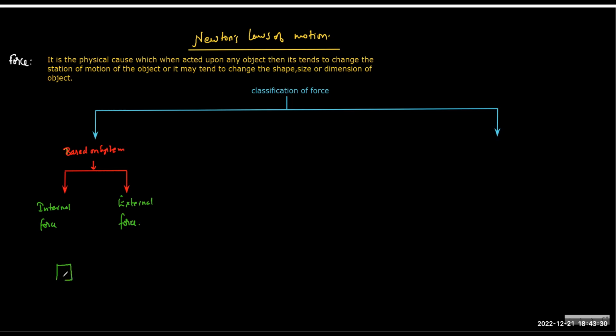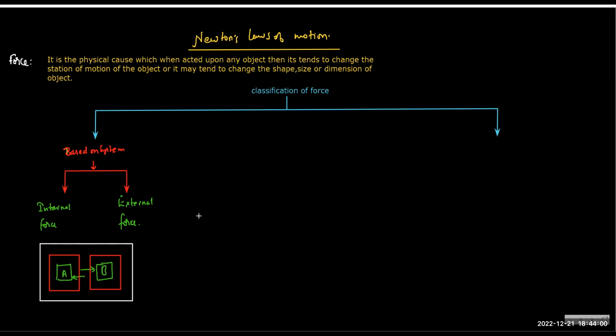So if we have A and we have B, A is applying force on B and B is applying force on A. If you choose A as a system and B as a separate system, then the force experienced by both will be which force? External. Correct. Now, if I say this entire thing as one system, then the same force becomes internal, which means a force will have no particular name. It may become internal or it may become external, depending on what you assume as system.